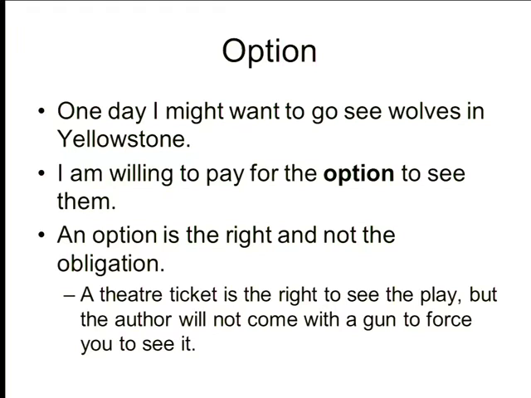It's an option. Going to Yellowstone is an option that you have. You could go to Yellowstone. Take you about 12, 13 hours to get to West Yellowstone from here. If you drive at the kind of speeds you probably drive at your age, about 14, 15 for me. It was 13 last time. And that's an option that you have. So you might be willing to pay for the right in the future to go see the wolves. That might drive your passive use value.